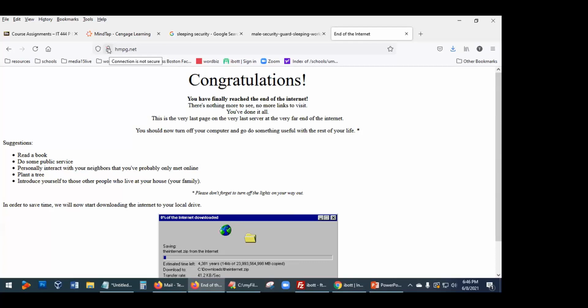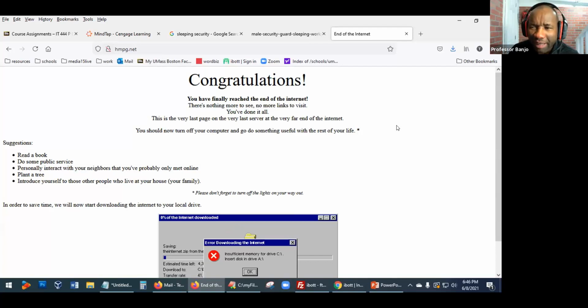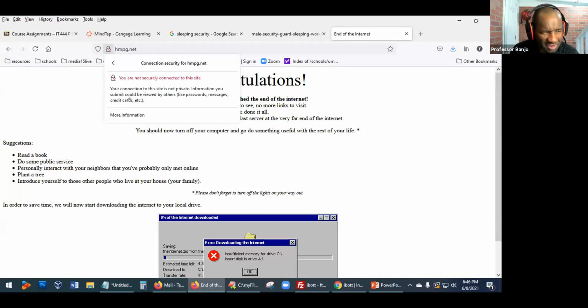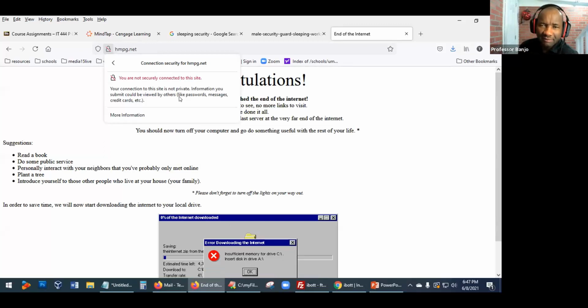So, Michael, what do you think of that? The problem is not about going to the website. You see what it says here? It says unsecured. It says your connection to the site is not private, right? What does that mean? Information you submit could be viewed by others. So it's not about coming to the website. It's about submitting information,